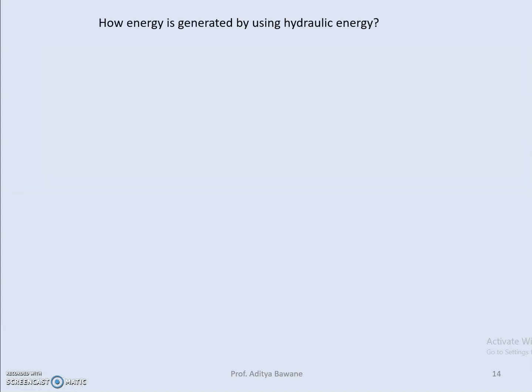Now how is energy being generated by using hydraulics? When water strikes the impeller blades, those blades will rotate, and the blades are mounted on a shaft or rotor, which will move and rotate the alternator and generator. So energy is being generated. So basically we need to determine the amount of hydraulic force with which the jet of fluid strikes the blade. So that energy we need to calculate.